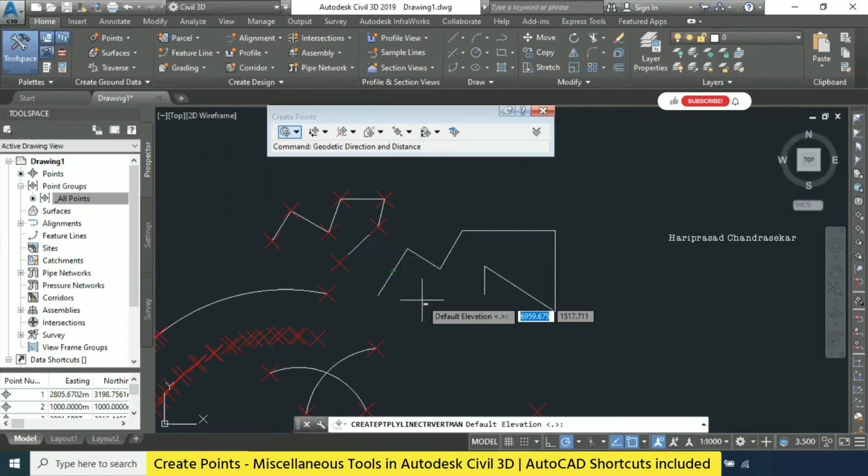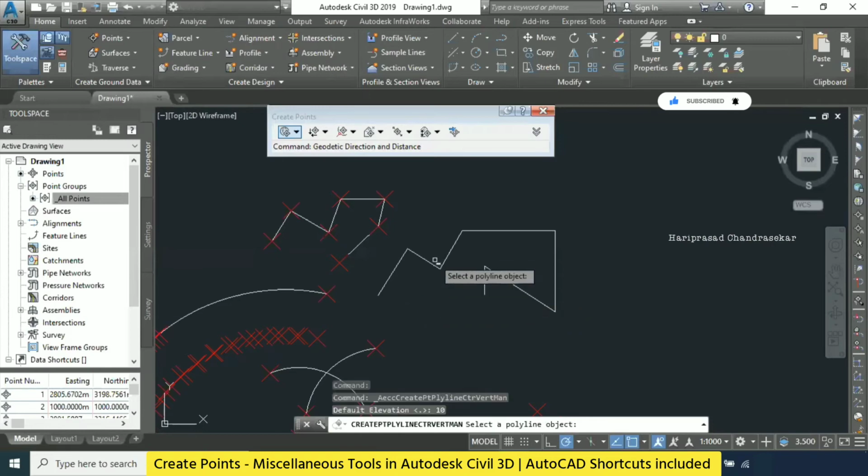We can even go for a 3D polyline; the 3D polyline command is also there. Based on the polyline, it will take the vertices. But now here it is asking for elevation. I am putting 10 and then picking the object. Now, based on the object, it will create the points at level 10. This is the only difference. It won't be visible here; when you go to some other view, then we can see. Here it will be 0 because we did a normal polyline, not a 3D polyline, but it will have elevation. That's the difference.